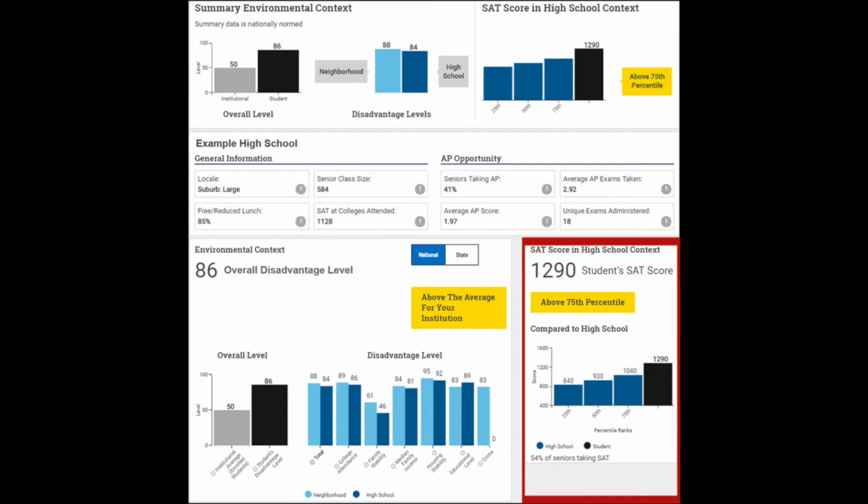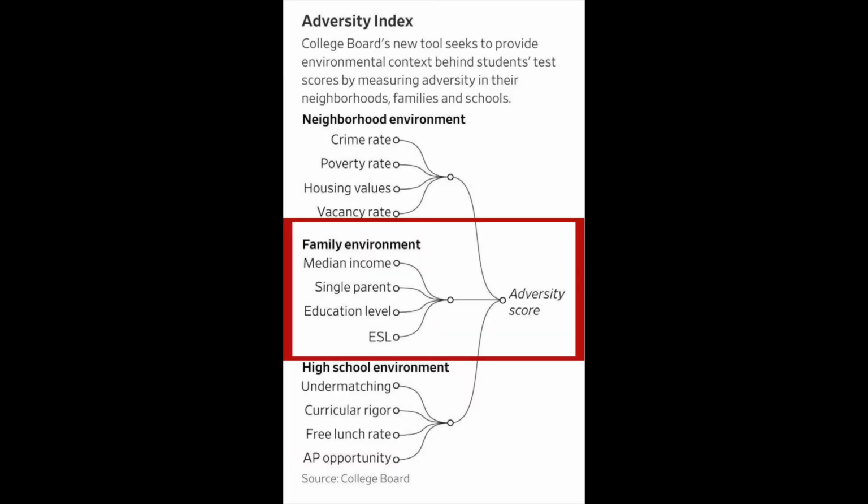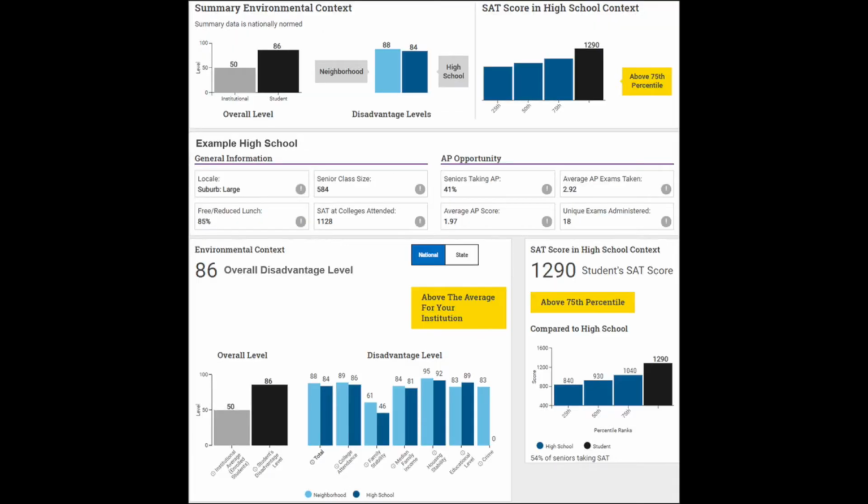The only thing I don't really see in this example, and it'll be interesting to see what they actually roll out once we start assessing applications, is more about the family environment. It doesn't really tell you if the student comes from a single parent household, it doesn't reveal the education level of the parents, though it does tell you the education level of the neighborhood, and it doesn't really indicate the median income of the parents. Median income, education level, whether the student is first generation, so an immigrant from a different country, and whether the student comes from a single parent household, those are all factors